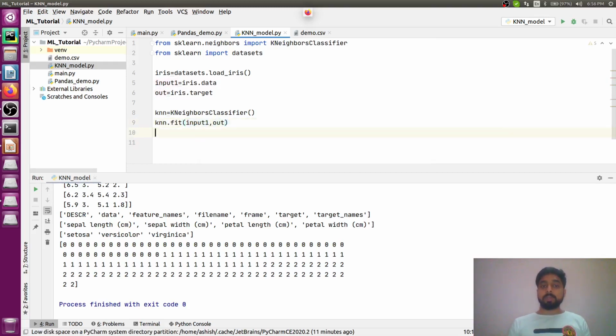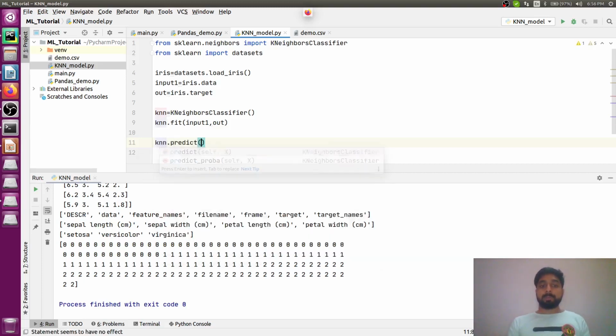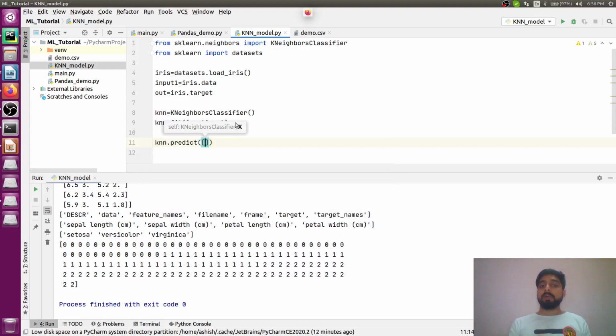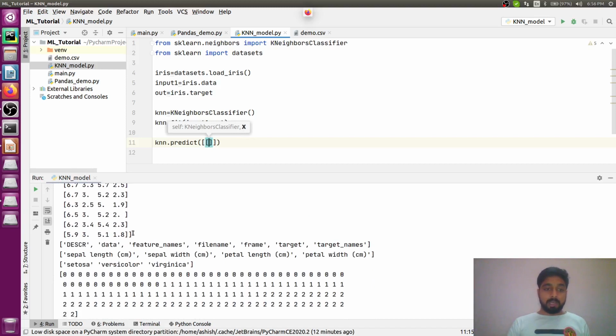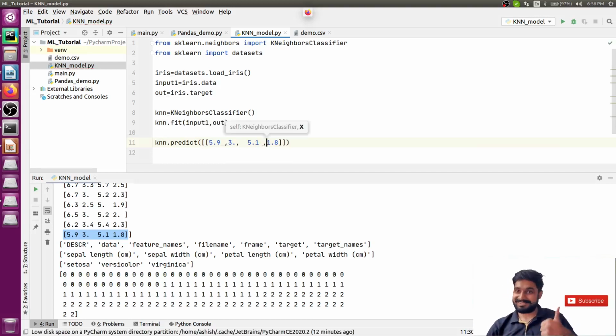So this will train your model, and after you have trained your model, the next step is to predict whether your model is able to do the classification or not. So for that you have the next thing, knn.predict, and in here you have to pass the values in just like two-dimensional data, right? So that's why I will be using two brackets over here, just like you can see in here, I'm having the main bracket, and inside that main bracket I'm having the value over here, right? So let me just copy this and paste it here. But here I have to separate the values with commas. Okay, so this is what I have done.